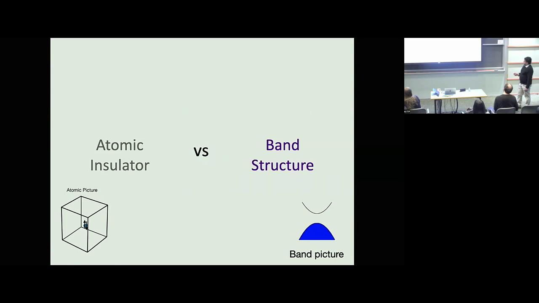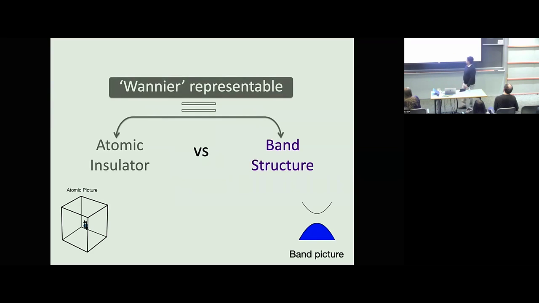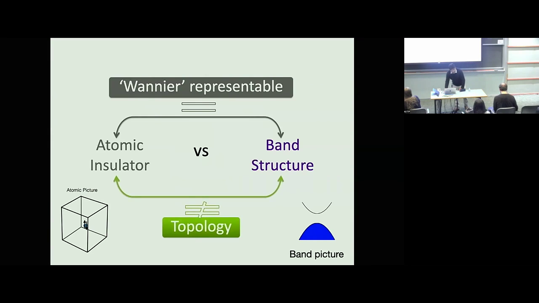The dual picture is in momentum space. You completely fill a band, and you end up getting this band structure, which has a gap. And the two can be related in many cases by the Wannier relation. You take the bands and make them into atomic orbitals. Okay, but there are cases where you cannot do this. So these are really the topological phases, and this obstruction is interesting.